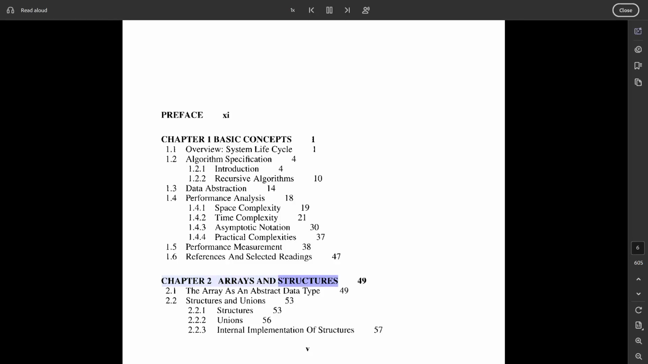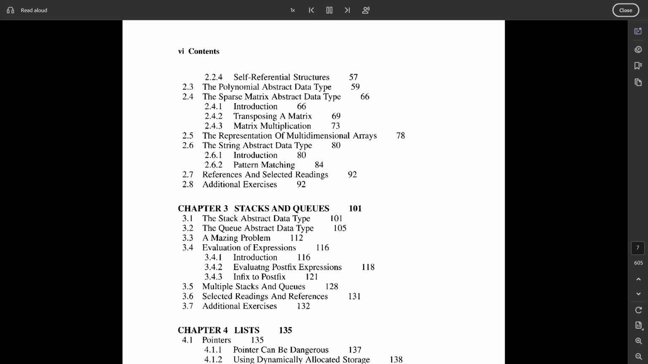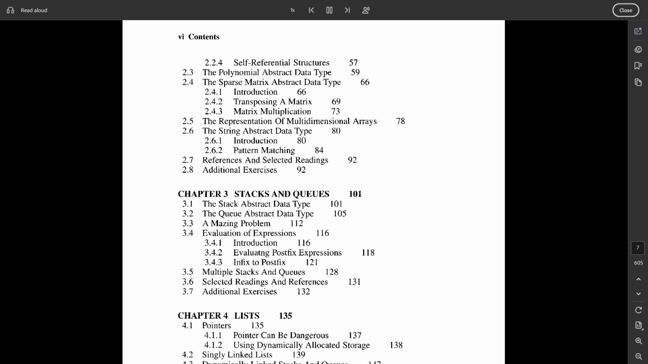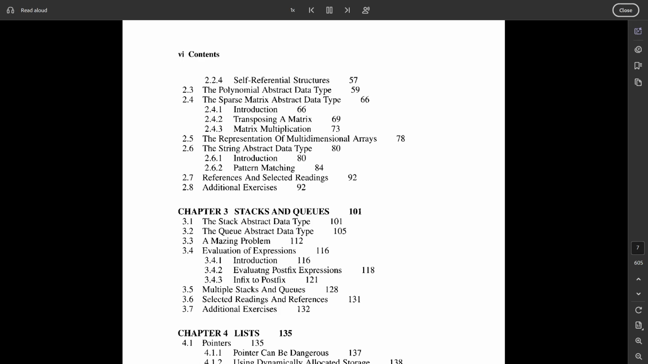2 Arrays and structures. 2.1 The array as an abstract data type. 2.2 Structures and unions. 2.2.1 Internal implementation of structures. 2.2.3